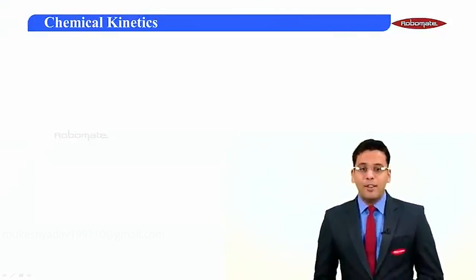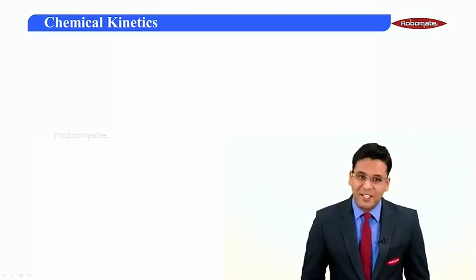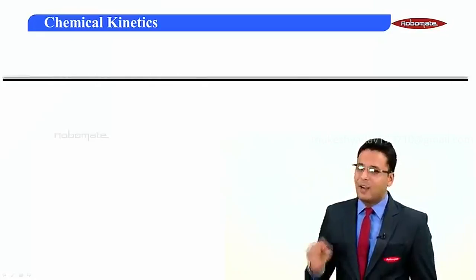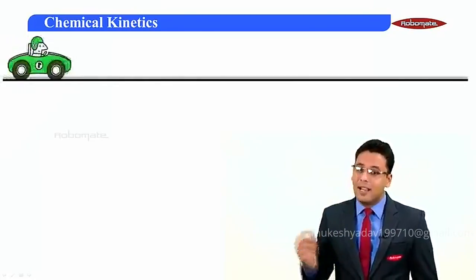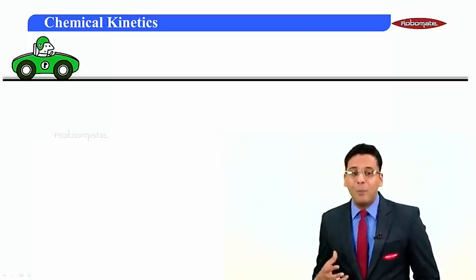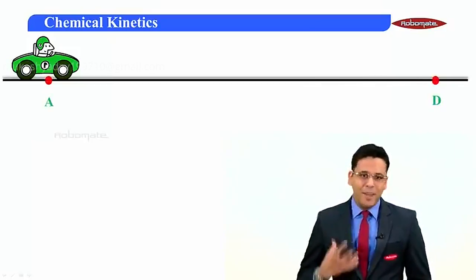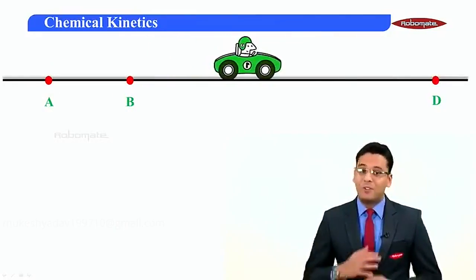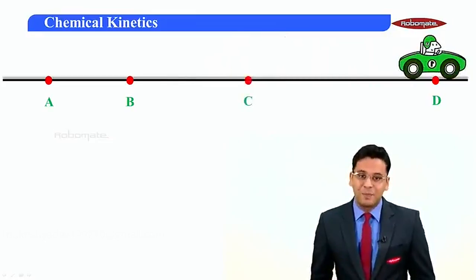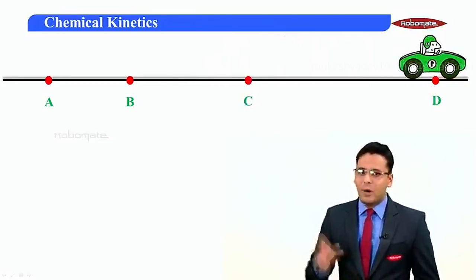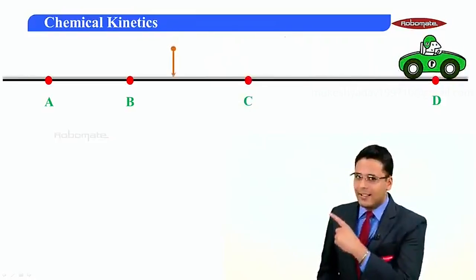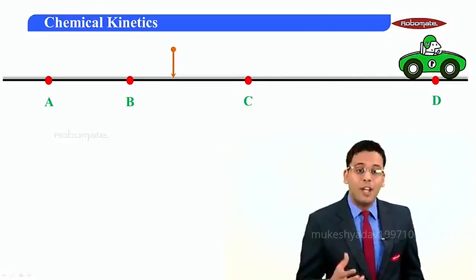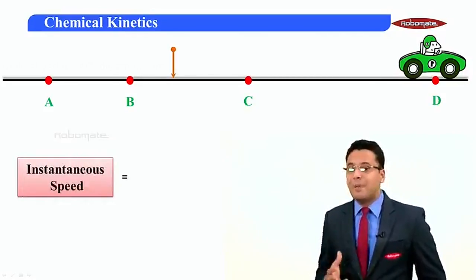In the previous module, where we had seen average rate of reaction, we had taken an example where there was a road, a highway, and on that there was a vehicle. This vehicle wanted to travel from point A to D, and while making this journey, the speed or velocity of this automobile was not constant. It kept on changing. But here, if I was to point out a specific instant like that one, and if I were to ask you to calculate the instantaneous speed of this